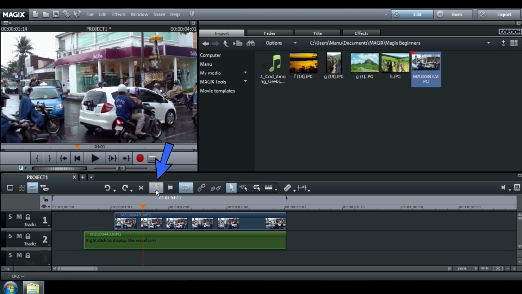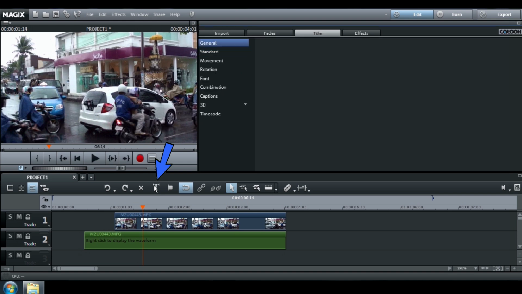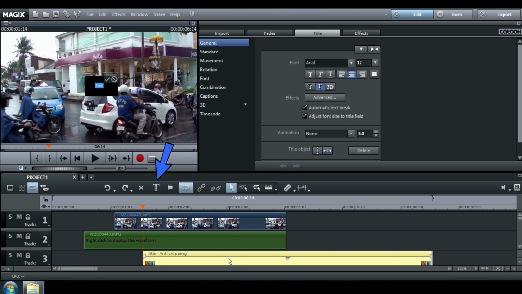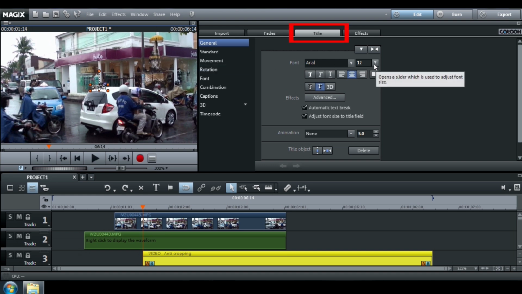To insert a title, click on Title Editor. In my example, the title appeared on track 3. On the screen, you can now write what you want. For example, video. In the title options, you can change the size, the color, or add a shadow.